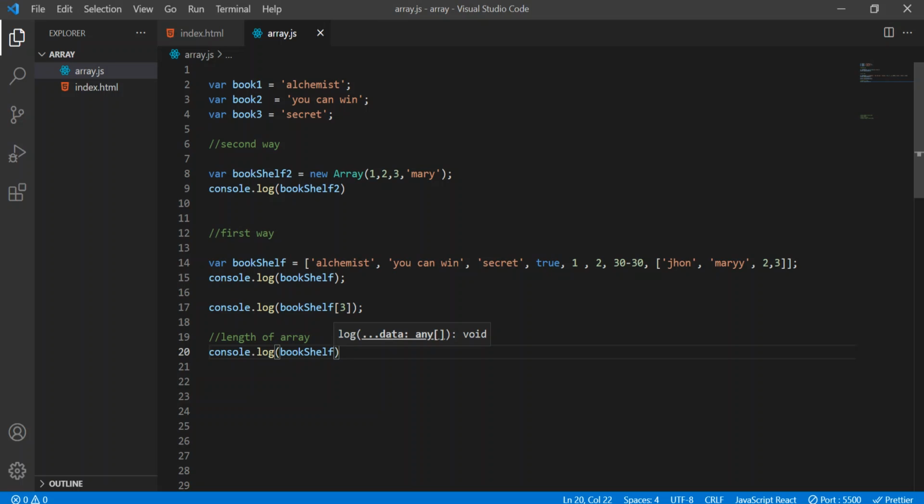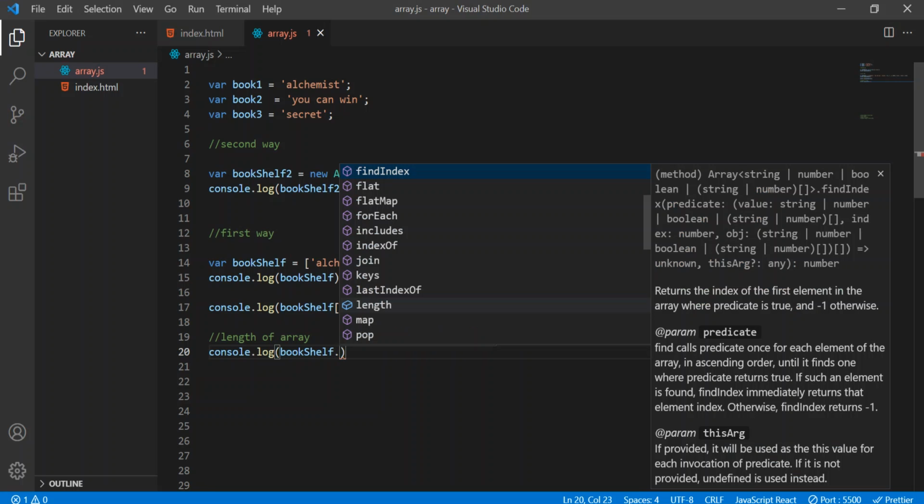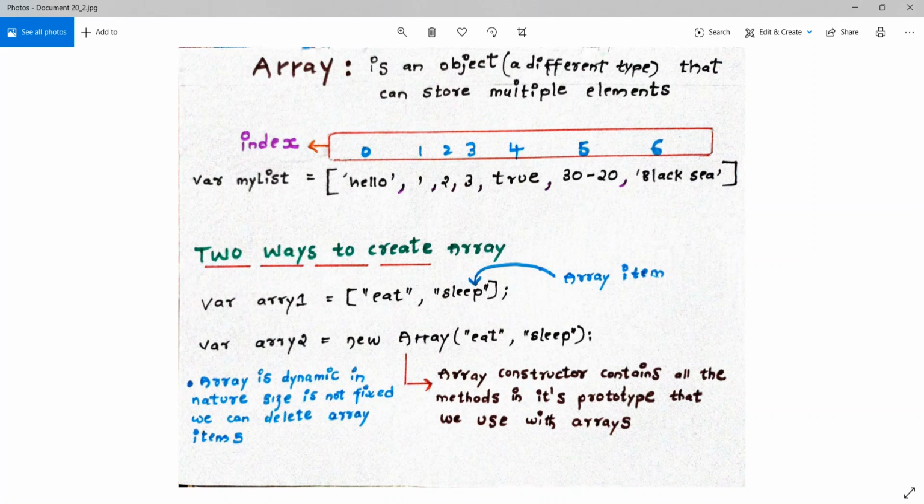Okay, to add any methods to that array, we have to put the dot operator first. You have to put dot first, and then you can see, friends, these are the different kinds of methods that are available to manipulate or modify or do whatever with this array. So these methods are all accessible. Now where are all these methods coming from? They will be stored inside this prototype.